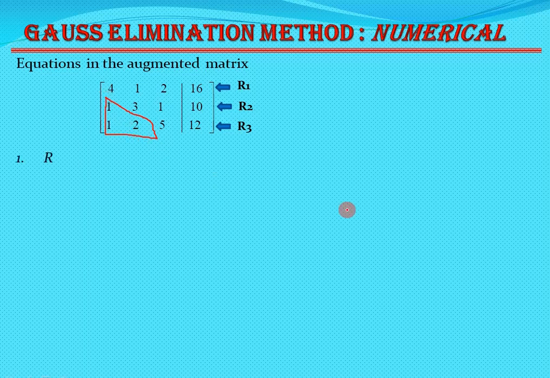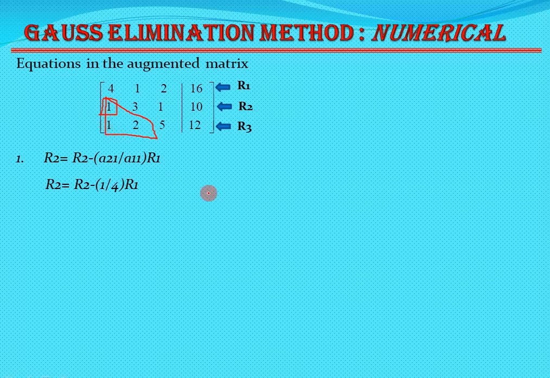For the second row we write R2 minus A21 divided by A11 into R1, and this A21 and A11 remain constant throughout the row. So we write this A21 value and A11 value as they are. This equation becomes R2 equals R2 minus 1 by 4 into R1. Due to this row transformation, this element will become 0, and now we need to convert this element also to a 0.